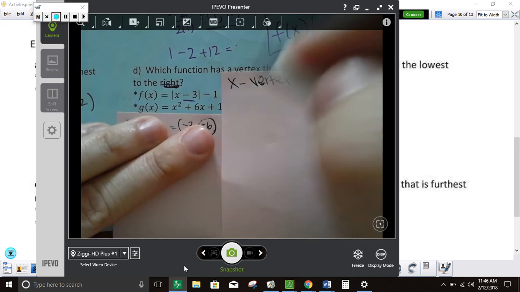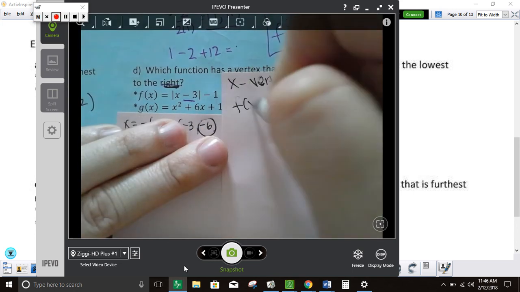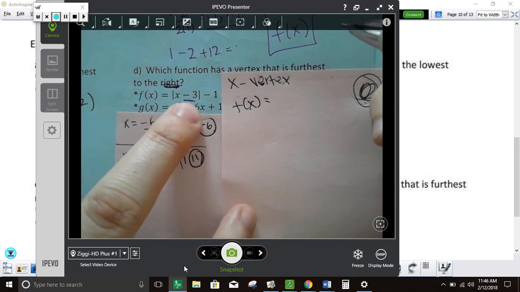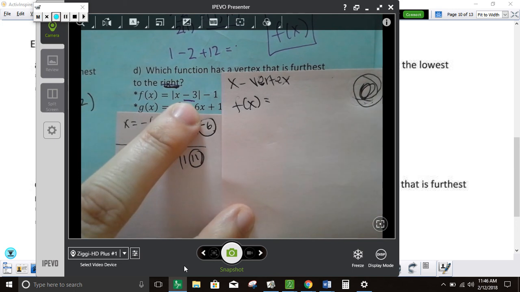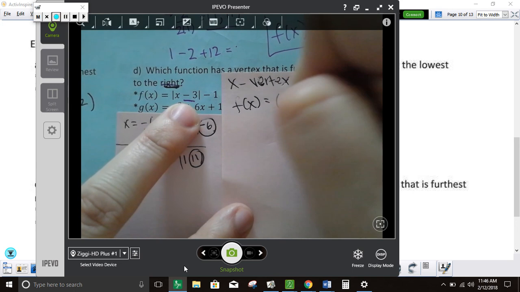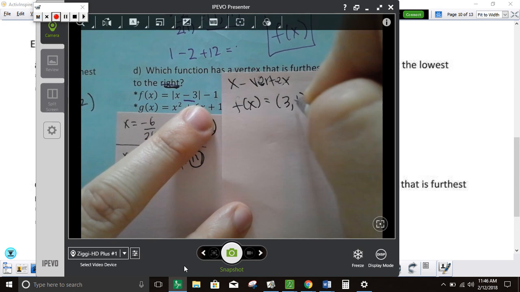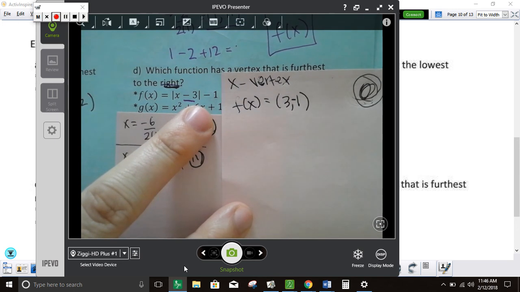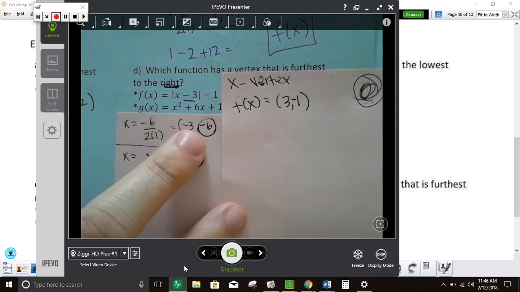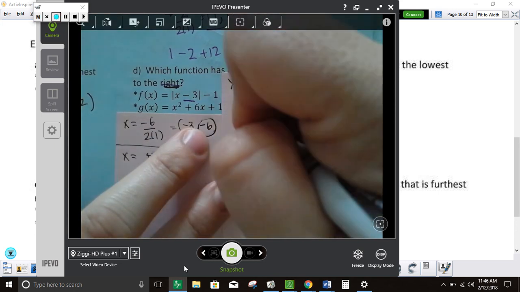Okay, so what is the vertex on the f function? That -3 tells me that the graph is shifting 3 units where? To the right. So the vertex is 3, and the -1 means it's shifting up or down? Down. Yep, down. The g function